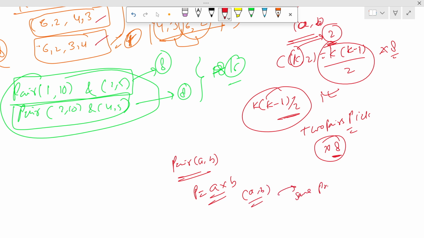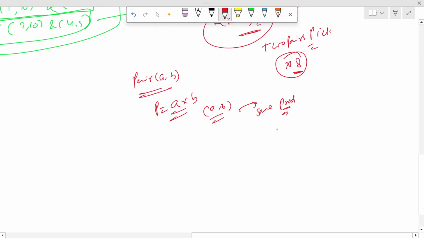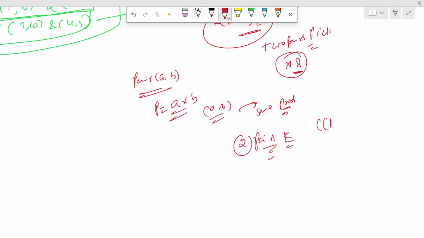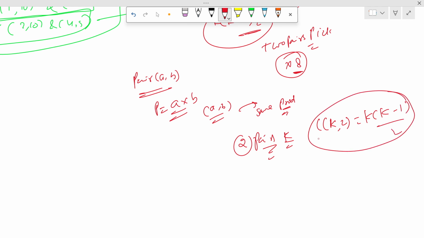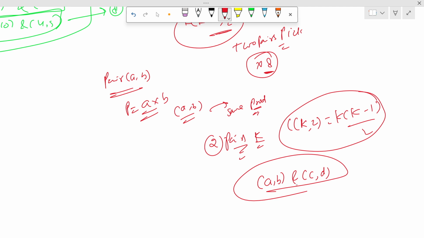Okay, same product, and then we have to select the pairs into our tuples, like select two pairs from the k value, and then the combination of all the values is C(k, 2) equal to k into (k minus 1) by 2. After this operation we have to count the possible tuples, like possible tuples means (a, b) and (c, d), and after calculating all the values and rearranging all the multiple ways,